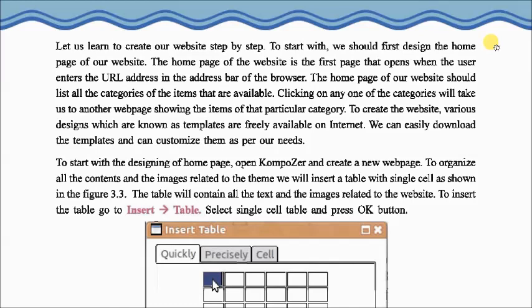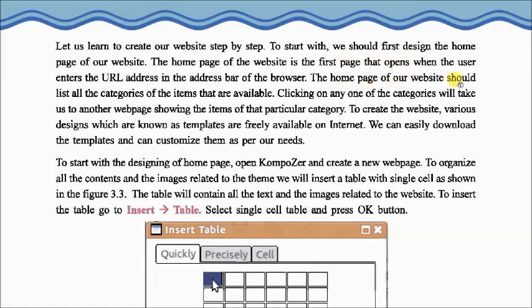To start with, we should first design the home page of our website. The home page of the website is the first page that opens when the user enters the URL address in the address bar of the browser. Home page means the first page of any website. Whenever you open any website, the first page that appears is called the home page.